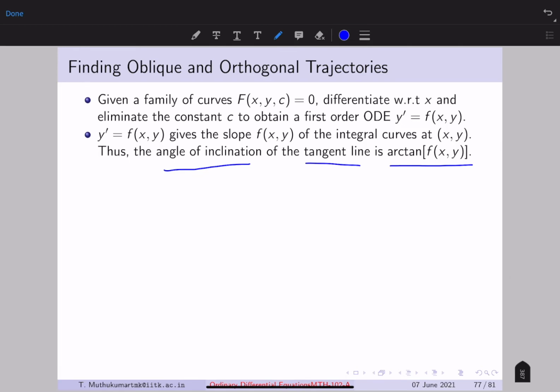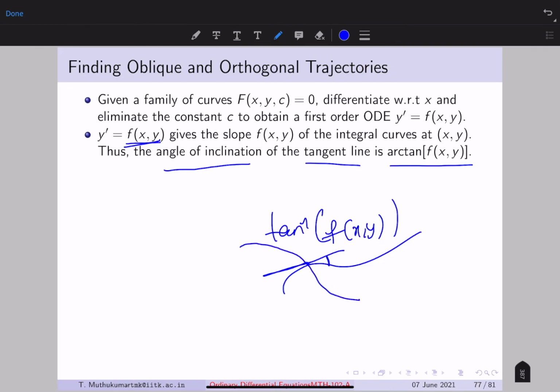Right, so that is the angle of inclination. So you have a family of curves. Let's take one curve, and at that point, this ODE is giving you the slope at every point. So let's say this point. At this point, the slope is f(x,y), which means the angle made is tan inverse of f(x,y). Now, if you are looking for another curve which intersects this curve at an angle theta, which means this angle should be theta,